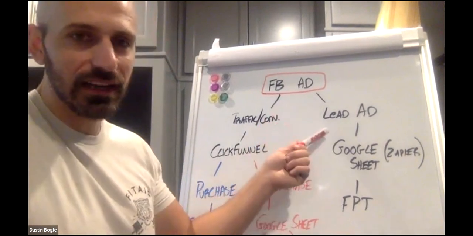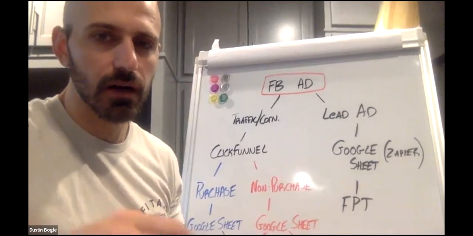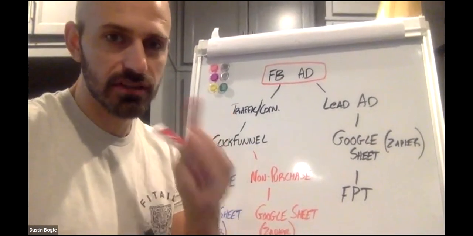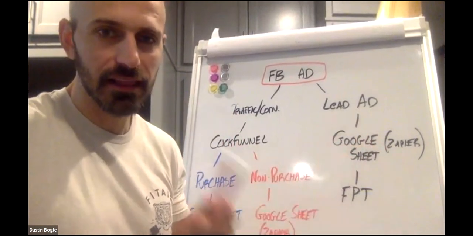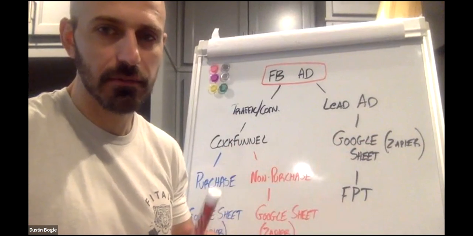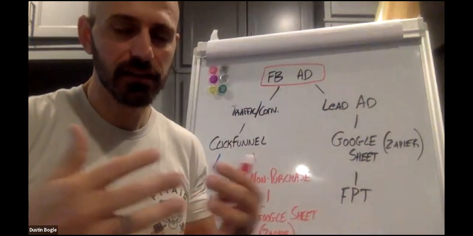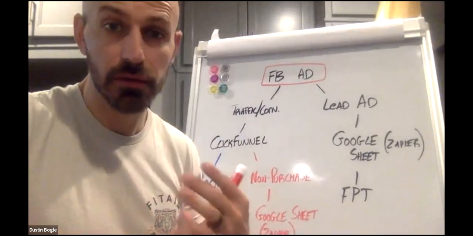So you run your lead ad, and basically now you need that stuff to go somewhere where you can now reach out to these people and follow up with them. So you got 2 options. If you want the free option, you would use Zapier. And on my last Zoom call, I talked about Zapier. I basically said it's like glue for all the different apps out there. They talk to each other, and it makes software talk to each other that normally wouldn't.